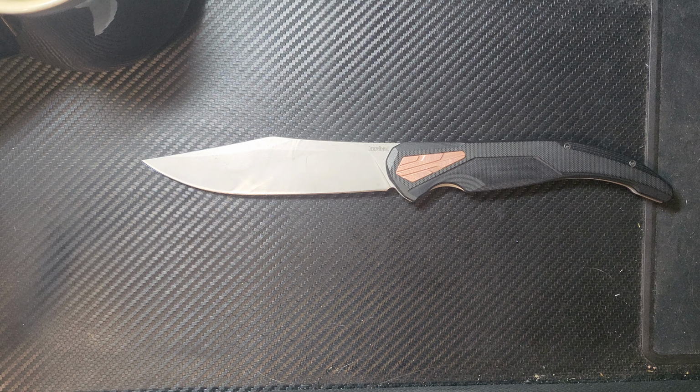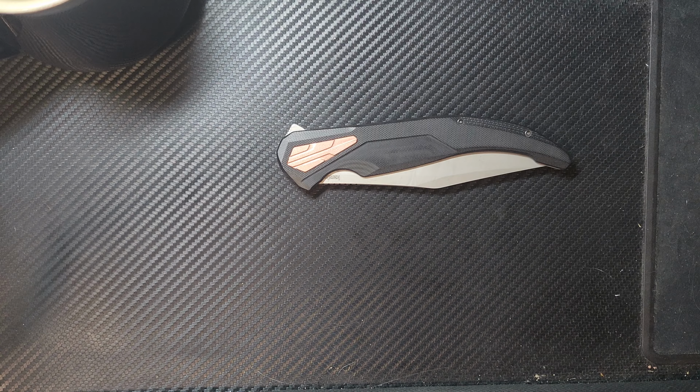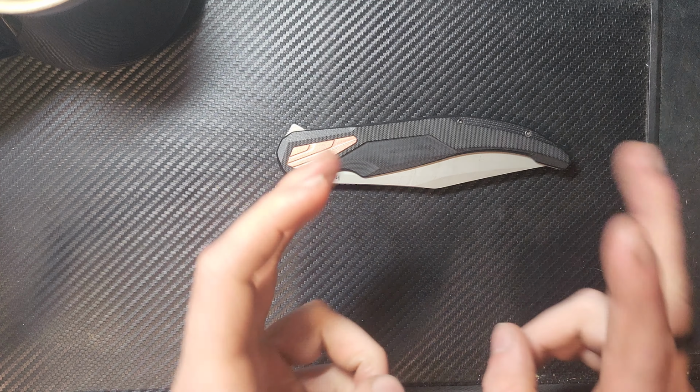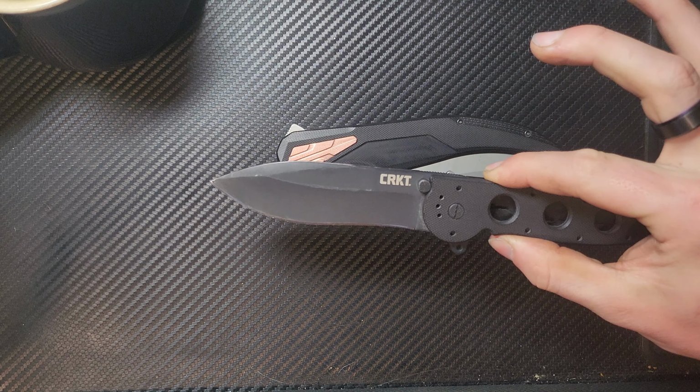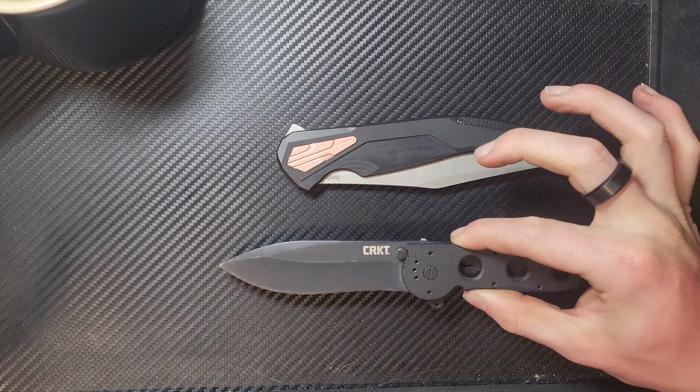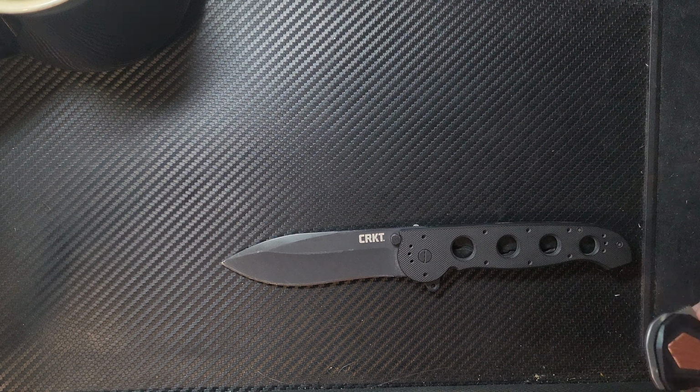So yeah, overall, definitely think it's recommendable. I think that you're not going to see very much in the size category or this quality for this price point. There are nice knives available in this $160 range, but they're generally speaking more normal EDC size, right? You're not going to see the biggest you might be seeing in this range, and I actually think this was a little bit more, something along the lines of the CRKT M16, and